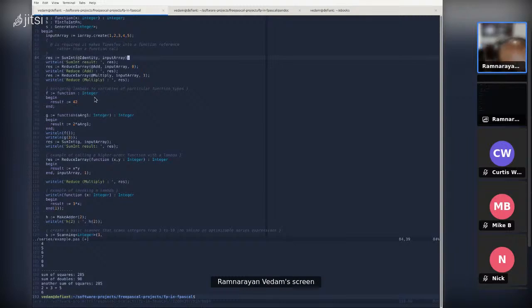Before I move back to my presentation, because I do have a few slides left, I do want to also point out one other feature: once an anonymous function is defined, one neat thing is you can immediately invoke it, just like any anonymous function in other languages, which I thought was also pretty useful in some situations.